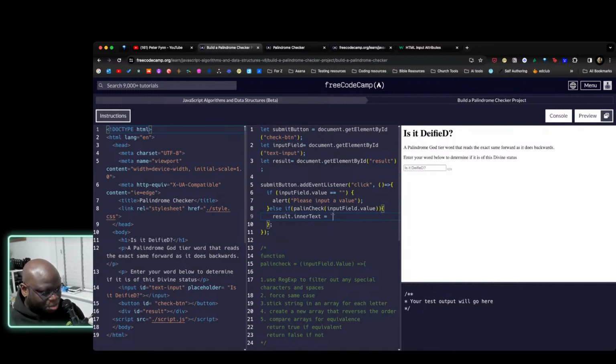Sorry, I should talk you through what I'm doing. So I am building a template literal here to say that then